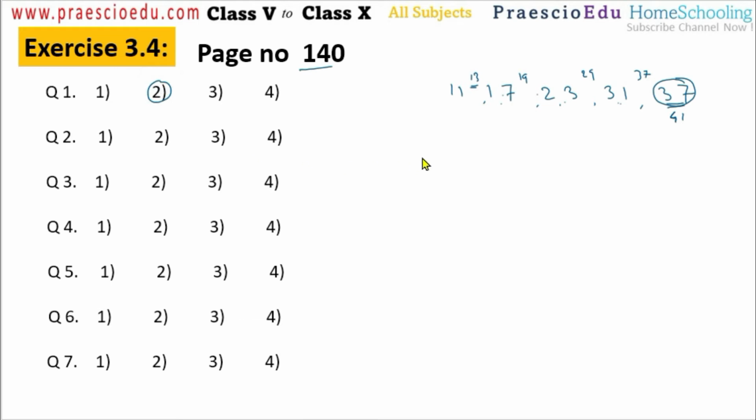8, then 15, then 24, then 37, and then 48. So here, 3 square minus 1, 4 square minus 1, and like this one, 5 square minus 1. Here 6 square minus 1 means 35 should be there, but 37 comes. And here 7 square minus 1 means 48 is correct. So 37 is a different term, and 37 is given in option number 3.